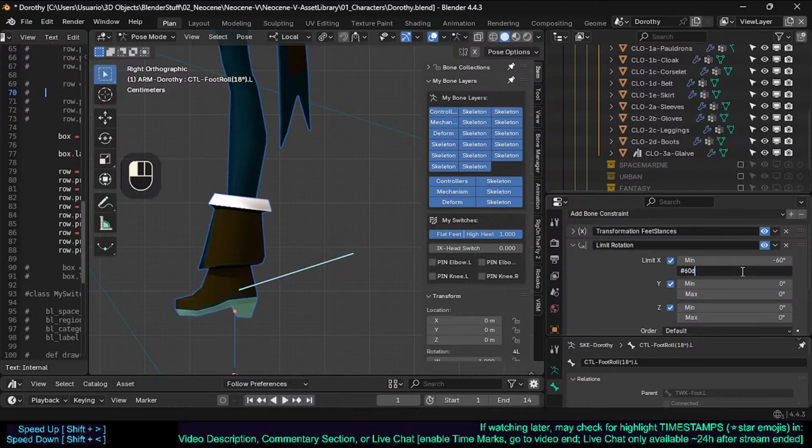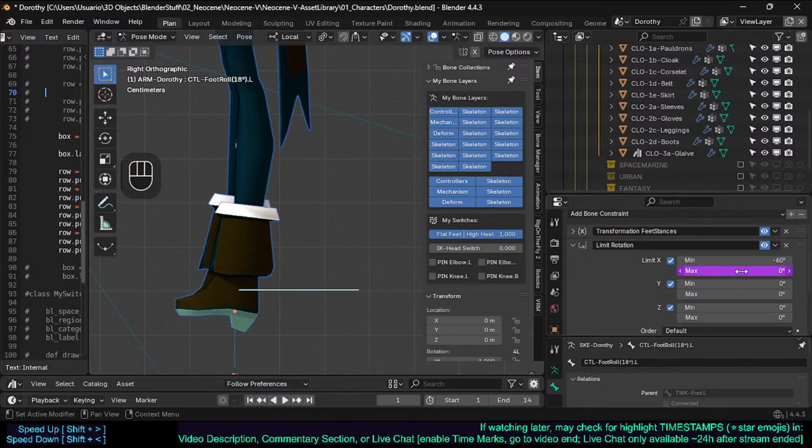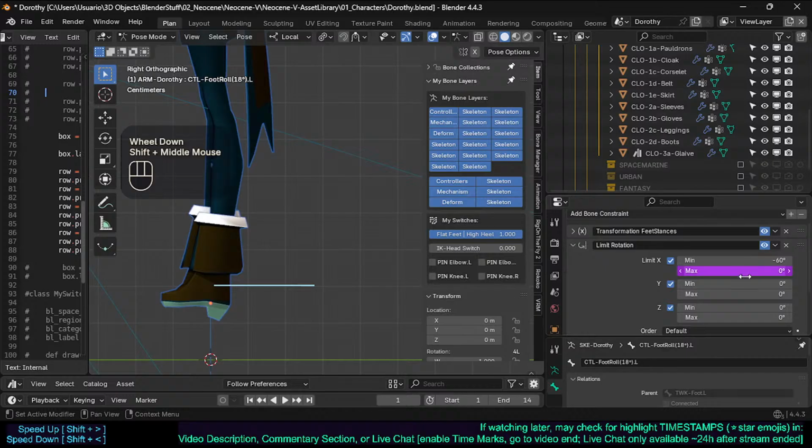If I do this, equal plus, or plus equal 18, incremental, I see that this just destroyed the